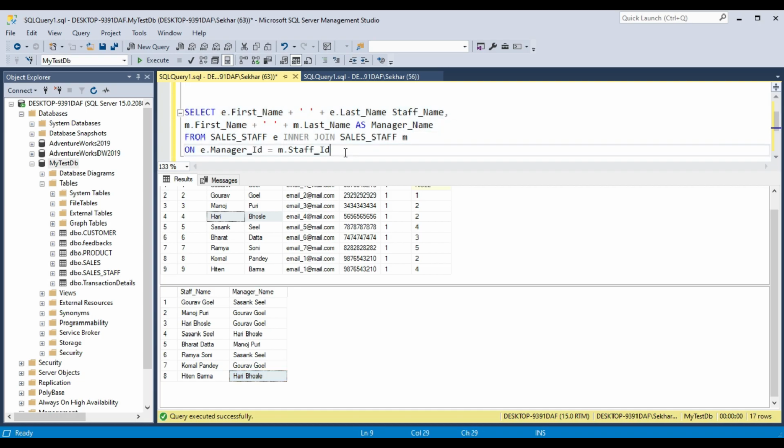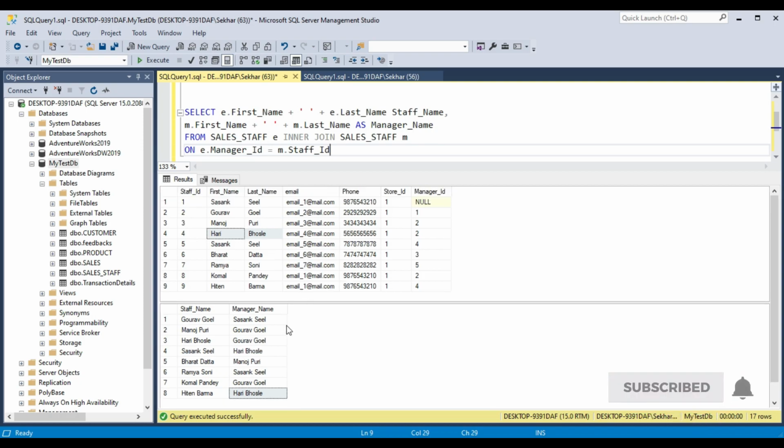So in this kind of scenario, it is preferred to use a self join. But we see that it is not giving us the manager name for all employees, because Sasank Sil is still an employee, but we are not getting him in this result, because his manager ID is null and this record does not come in the join result.